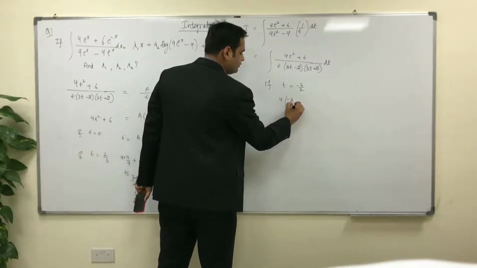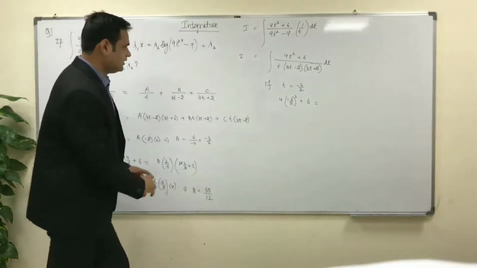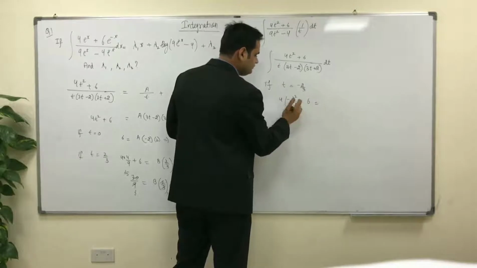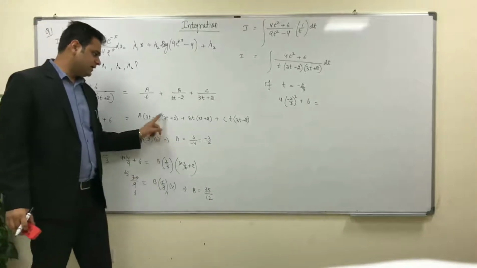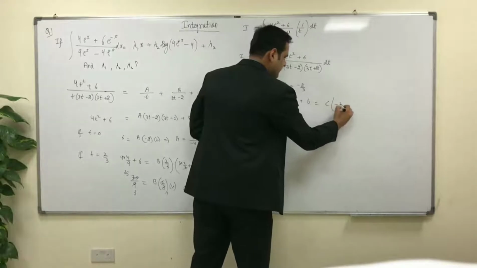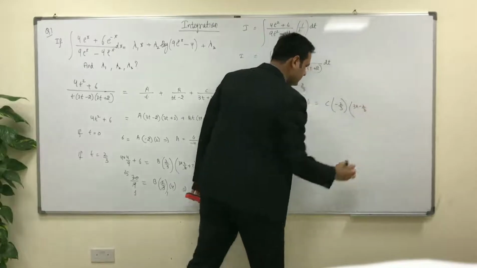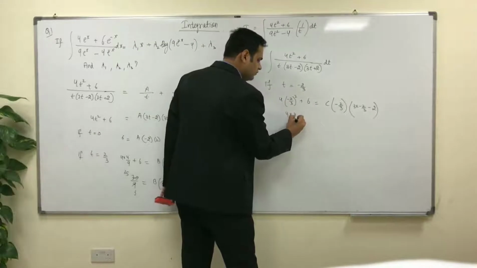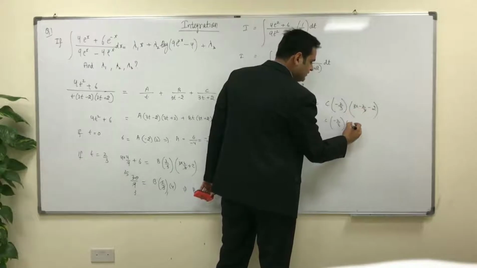So that's what I am going to do, that if t is equal to minus 3 by 2, okay, so 4 into minus 3 by 2 whole square plus 6 is equal to, okay, my bad, it's not minus 3 by 2, it will be minus 2 by 3. Okay, so 4 into minus 2 by 3 whole square plus 6. If I put here, it will become 0, it will become 0, I will be left with this. So C times minus 2 by 3, and this will be what? 3 into minus 2 by 3, and this is minus 2. So that will be nothing but 4 into 4 by 9 plus 6, C times minus 2 by 3, 3 cancel will be nothing but minus 4.